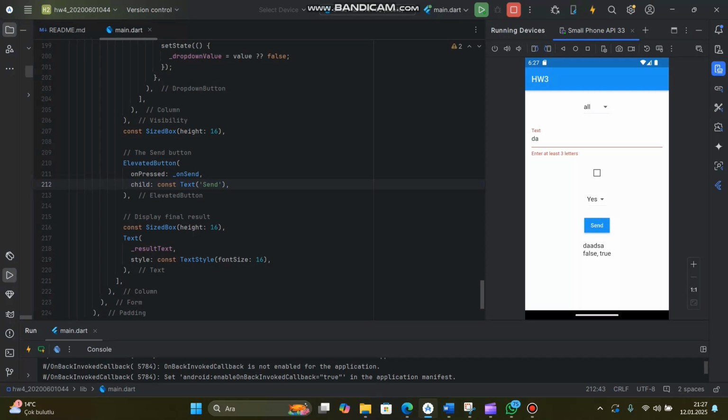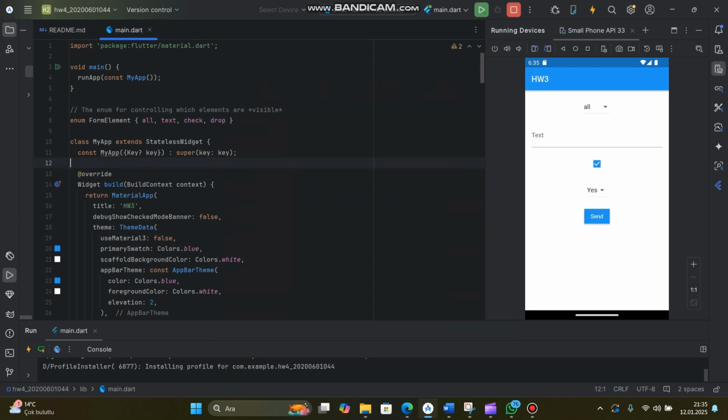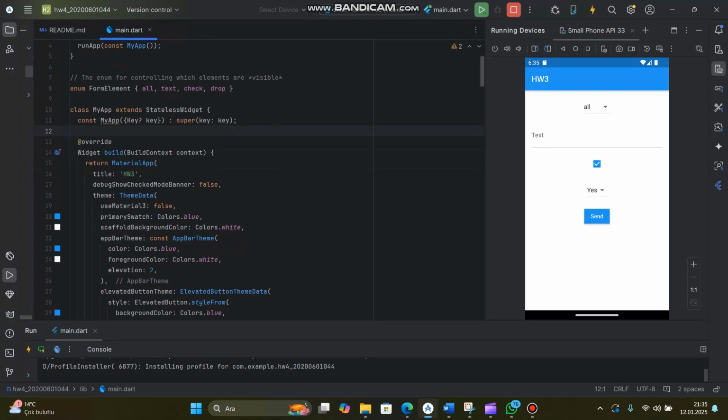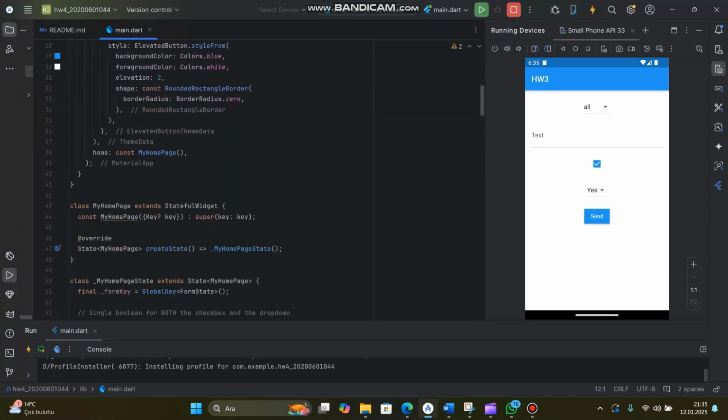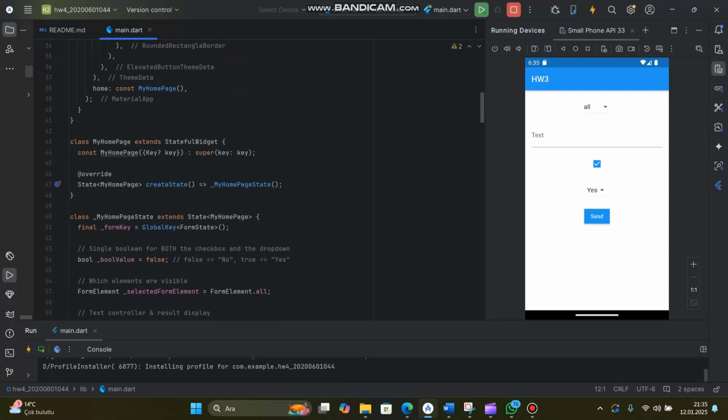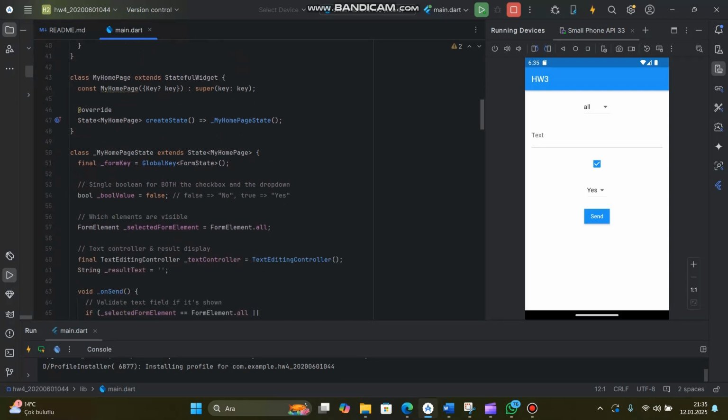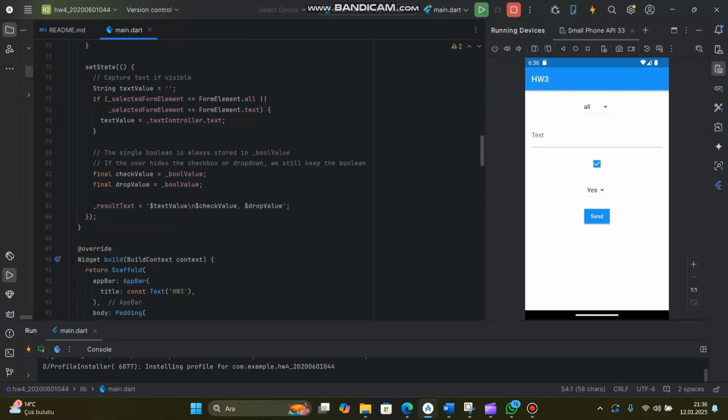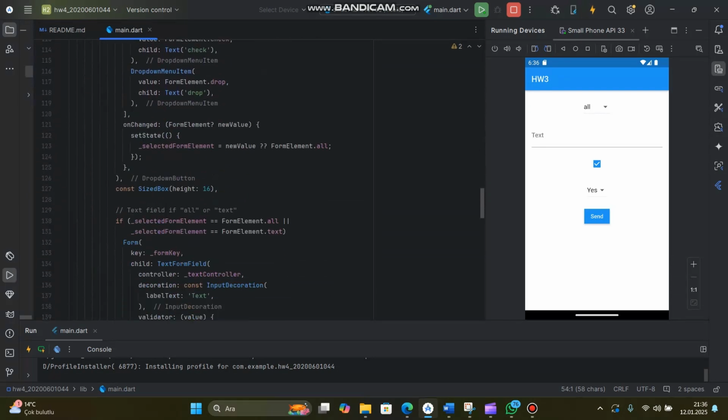Okay, for task 2, it was fairly easy for me to do because I took a different approach on hiding widgets. Instead of deleting the widgets, I made them invisible. So I think because of that, it was easier for me. The only thing I changed, I added a single boolean value for both the checkbox and the drop down, and as you can see,